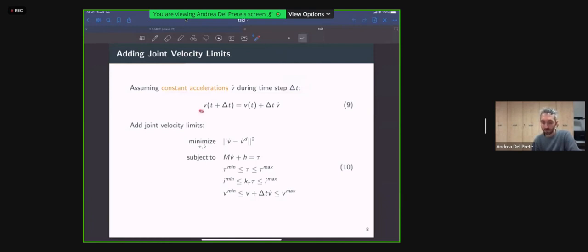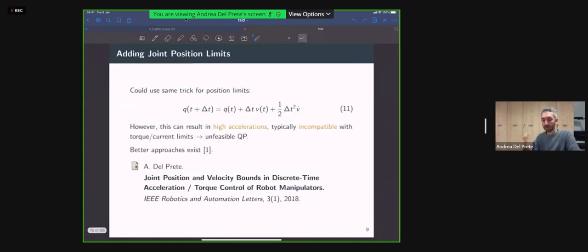So if we do so, we can represent the velocity at the next time step as the current velocity plus dt times the acceleration. And by doing so, we can introduce also joint velocity limits, which are also linear constraints. So the problem is always a quadratic problem, even after we added all these constraints.